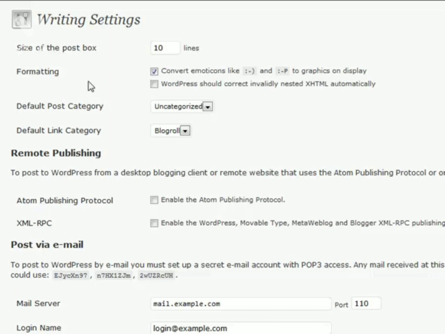post box there. Formatting, if you want to convert emoticons to actual images instead of just the emoticons themselves, you can do that here. And a little checkbox here says WordPress should correct invalidly nested XHTML automatically. You can check this box to try and keep your WordPress as valid as possible, and it ensures a very similar look across all the browsers. But if you find that certain things start to break in your theme as a result of checking that, sometimes if you uncheck or check this box, it'll fix that theme problem for you. So just keep that in the back of your head in case you start to see that happening